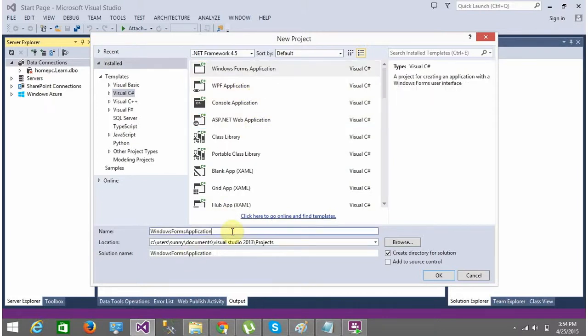The name of the application, change it to my first Windows Forms app. Okay, now here you have an option to browse. That is where it should create your project. By default, it creates it in this location. C users, assuming that you installed Visual Studio in C drive. C users, name of the user, documents, and there Visual Studio 2013, and inside the projects folder, right? So it will create a new project folder for me with the name of my first WinForms application inside this. Okay, so that is where my project will be stored.